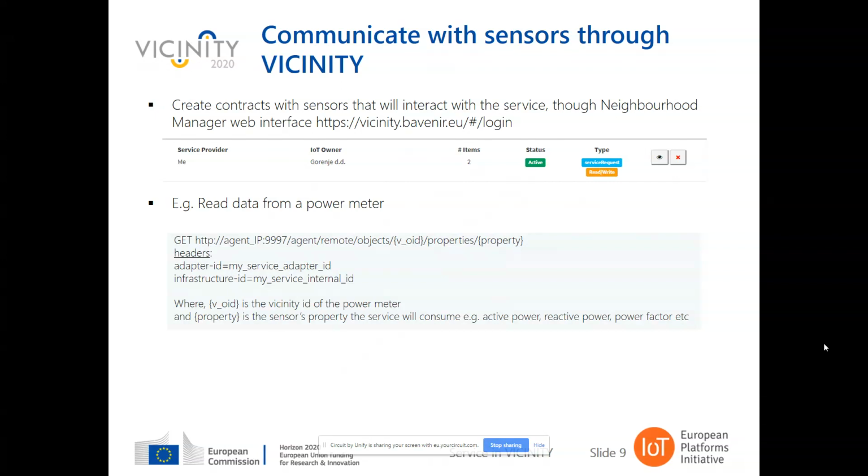I have also put a small screenshot from a contract, as you can see it in the Neighborhood Manager web interface. Next step, if you establish this contract, you will need to make a specific call to this object in order to get its data. Of course, in the Neighborhood Manager interface, you can see the specific characteristics of this device, what properties it exposes, what you can ask, and what you will need